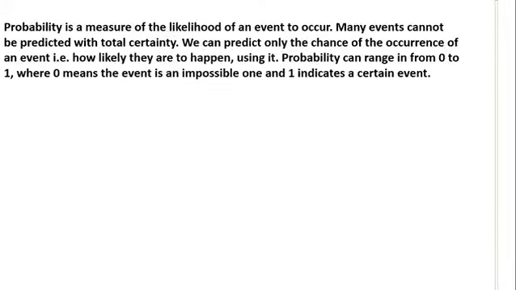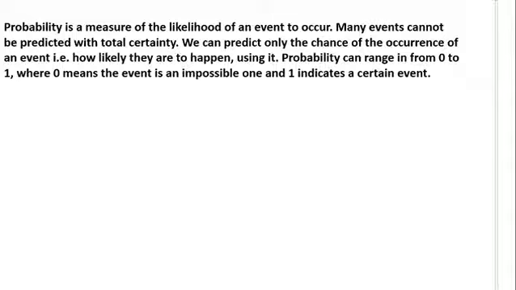Probability is a measure of how likely it is for an event to occur. It is the measure of the likelihood of an event. Okay, so if an event is very likely to happen, then the probability is high, and if an event is very unlikely to happen, the probability is low. You see, most times we cannot predict events with total certainty, so we only predict the chance of the occurrence of such an event, whether it is likely to happen or not. You see, you can't be sure using probability methods. You cannot ascertain whether something will happen or not, but of course you can predict the chance that event has of happening.